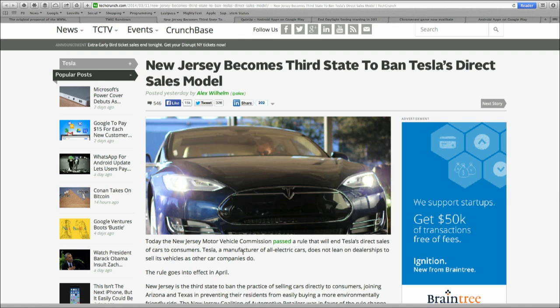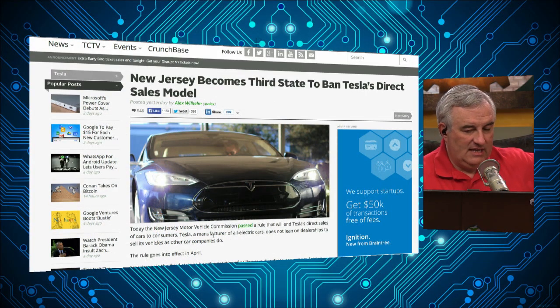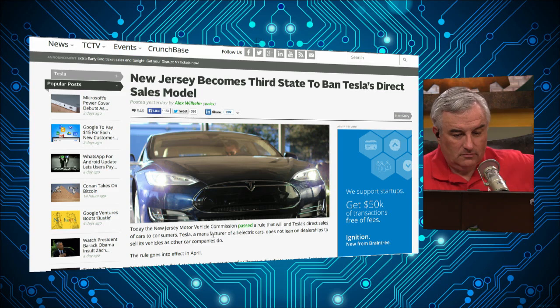We don't like car salesmen, people. You know what the deal is? It's the auto dealers associations that raise a lot of money for state legislators. This is pure corruption. So in Arizona and Texas and New Jersey, you cannot go to Tesla.com and buy a